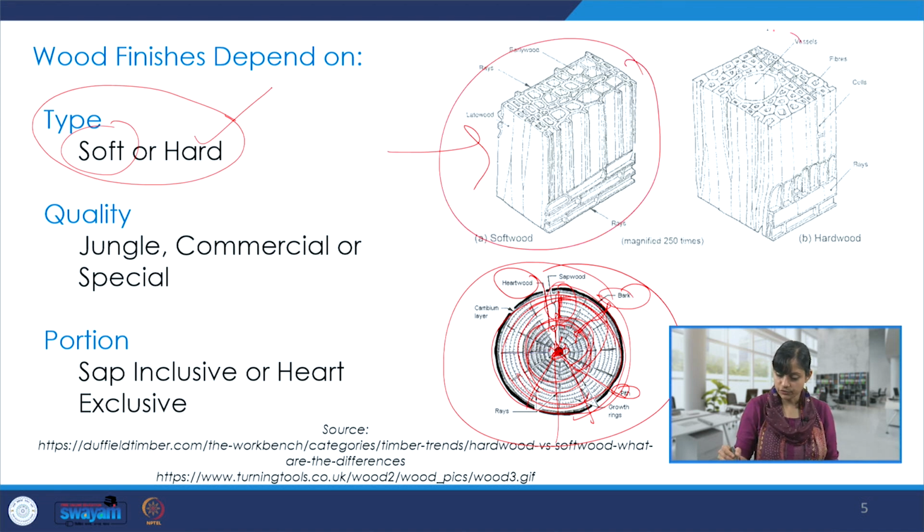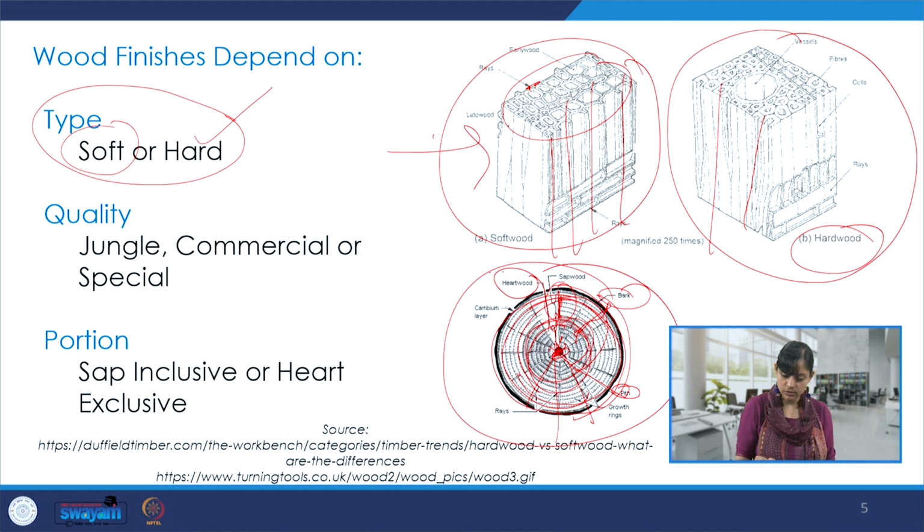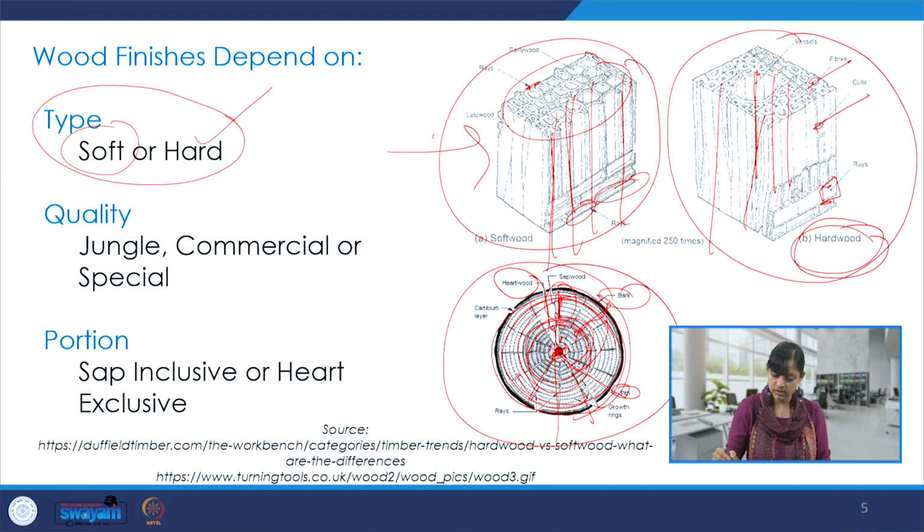And here this is for softwood and this is for hardwood, and we can try to see the anatomy over here. There is some difference in the anatomy when we talk about hardwood and softwoods. So we will see also what are hardwoods and softwoods slightly in detail. But these are the rays that you see over here. This over here is again a ray, and if we look at the hardwood, this is the ray. So the anatomy is different. There are typological variations over here. These are the cells, these are the fibers, these are the vessels, the longish ones.